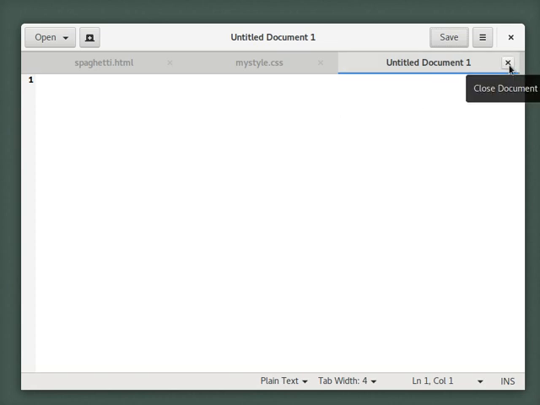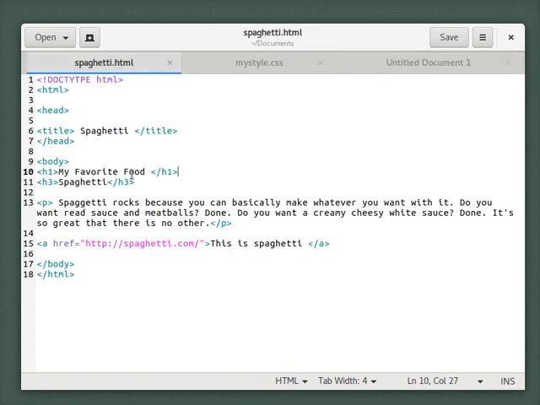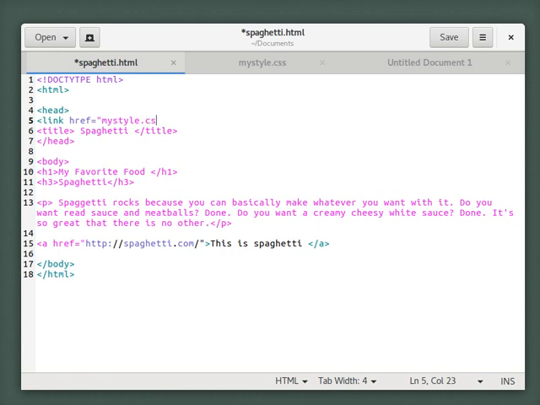Now, the last thing that you need to do is make sure that these two things are linked. So in between the head tags, really right before the title tag, you're going to have a new link. That means that this HTML file will know to link to your style sheet, your cascading style sheet. So we're going to put that link in there. I have angle bracket link href equals mystyle.css,